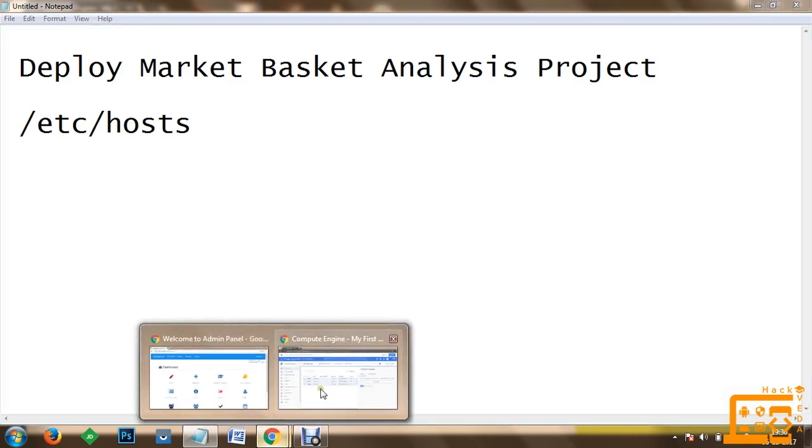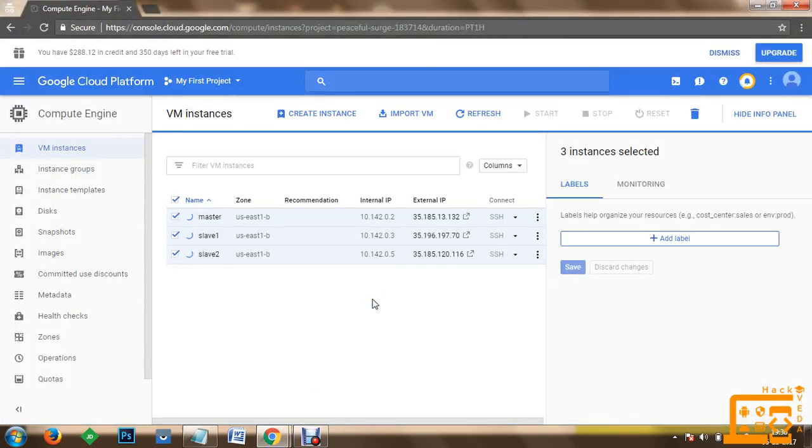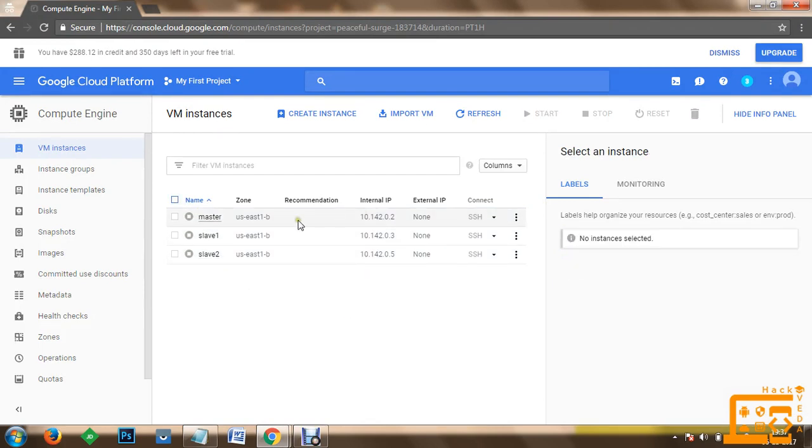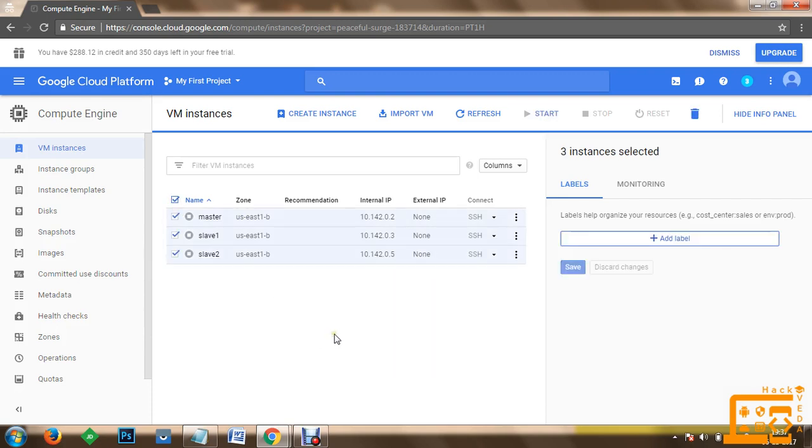Here we are waiting for the machines to stop. Once all the machines are in a stopped state, you can restart your machines, and if the IP addresses change, you have to modify the information in /etc/hosts.